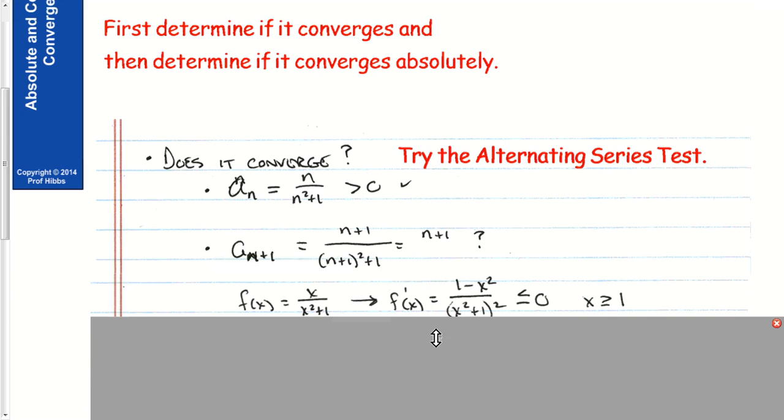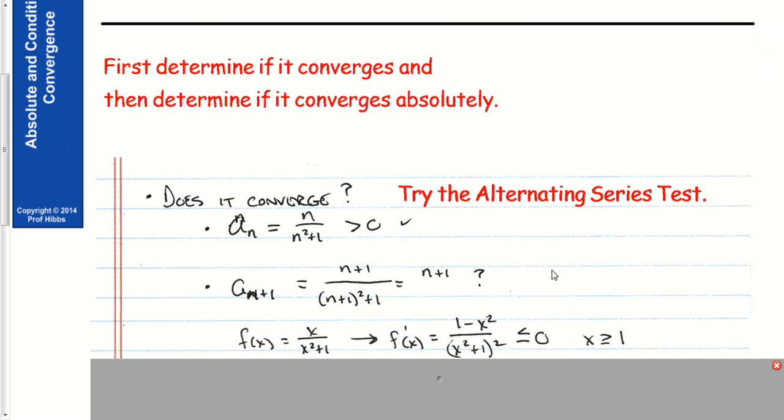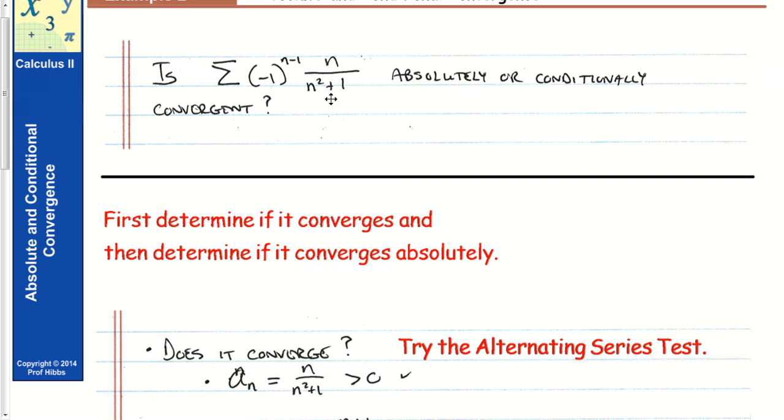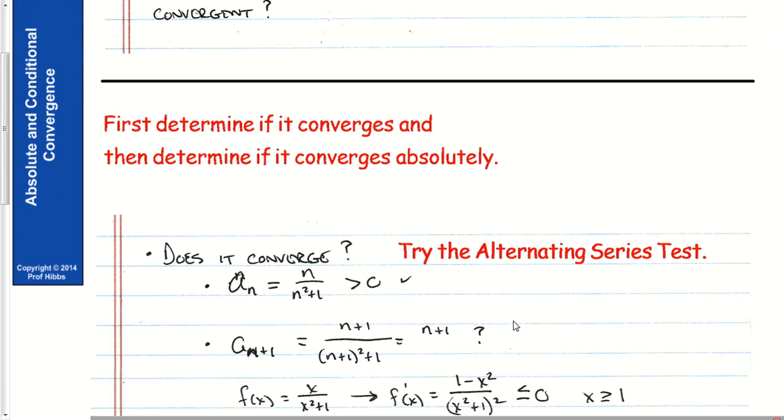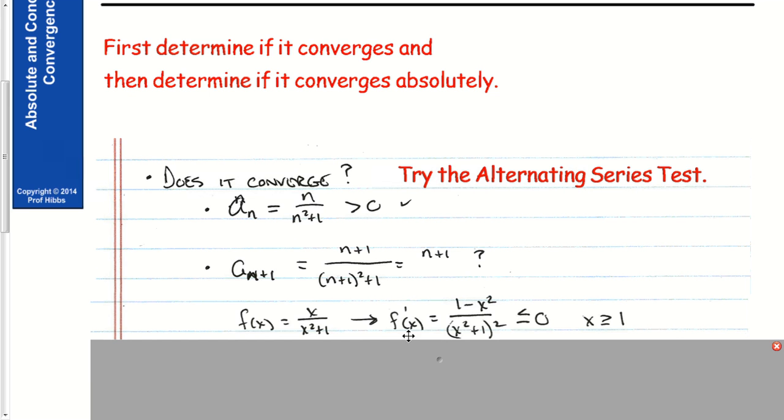So what I'm going to do, as we've done in the past, is create a function f of x, which is x over x squared plus 1, which parallels the a sub n part of the series. When I looked at its derivative, I got (1 minus x squared) over (x squared plus 1) squared. For x equal to 1 and greater, the denominator is always positive, and the numerator would be 0 when x is 1, and when x is 2, it would be negative, wouldn't it? So this is going to be less than or equal to 0 for all x greater than or equal to 1, which means the function